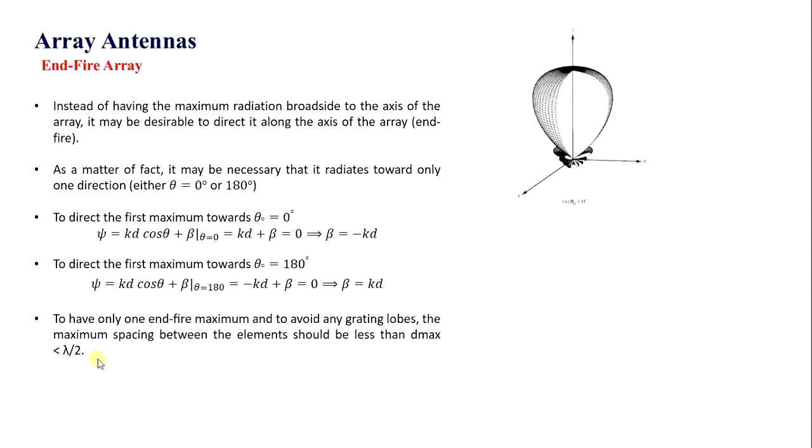Consider this first case in which theta is equal to 0 degrees and the spacing, that is d, is equal to lambda by 4, and this is the radiation pattern for theta equal to 180 degrees. So you can see you are getting the radiation maximum in the minus z direction. From both the figures we can say the end fire array is the array which has the radiation pattern along the axis of the array.